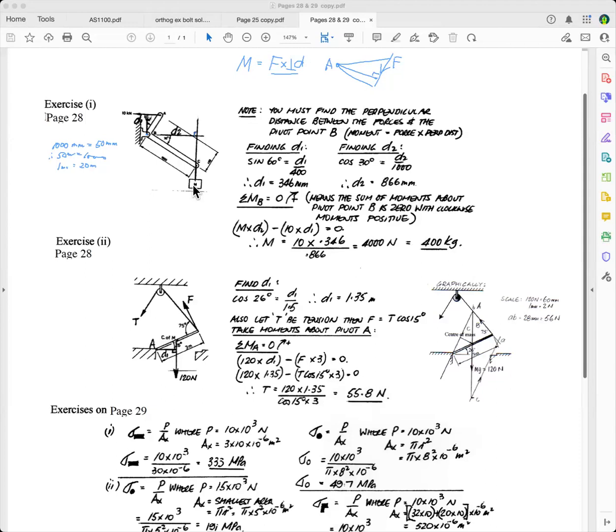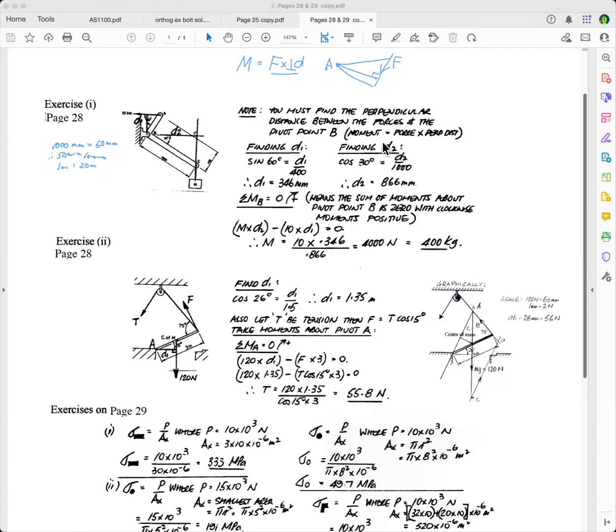But read the question and it says what mass, because this is a washing machine bracket that they use in washing machines to stop the spin dry, and they have a mass on there. I don't know whether they do that with modern ones, probably not. Anyway, the old ones used to have a mass there, and so all you do is divide that by 10 to get how many kilograms it is. Okay,